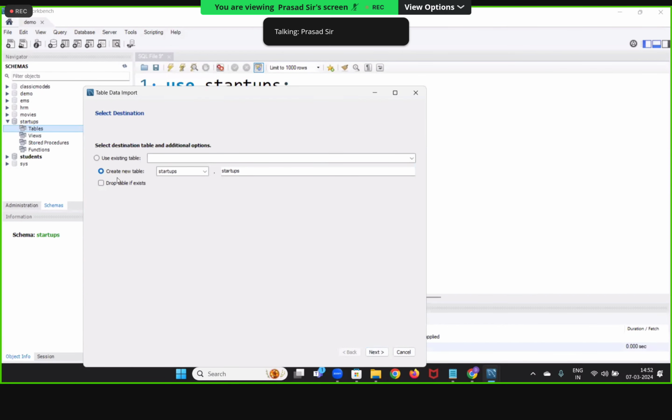Now, see here, create a new table. Obviously, I want a new table. New table name is also startups. Usually, the table name only will come here. Now,